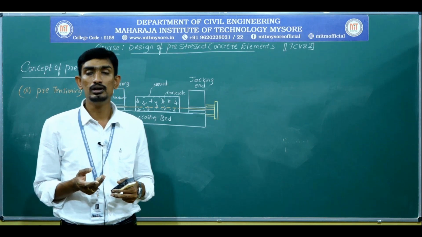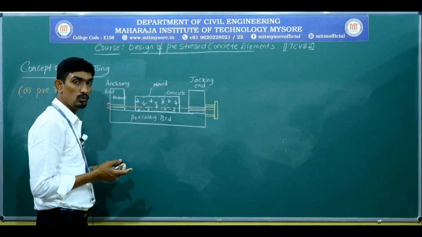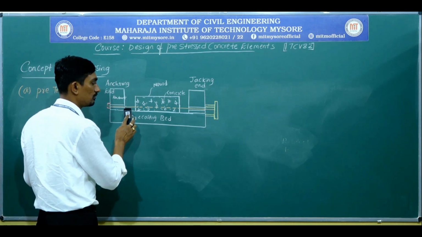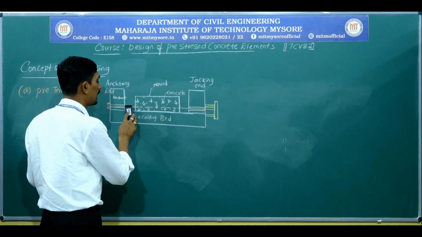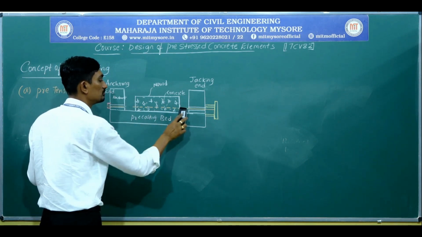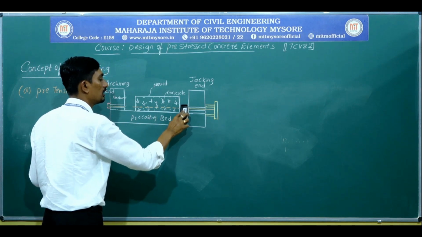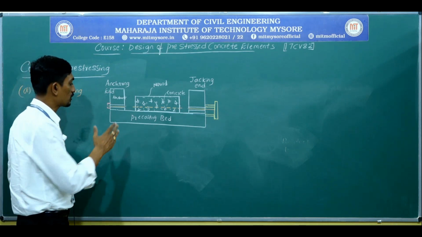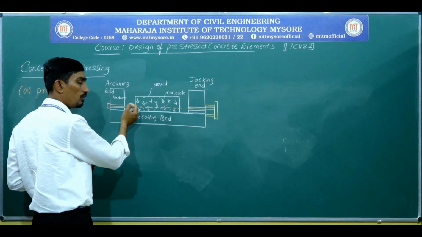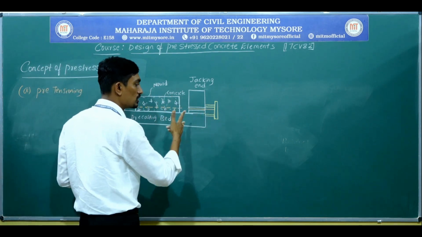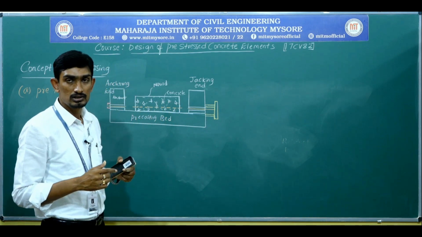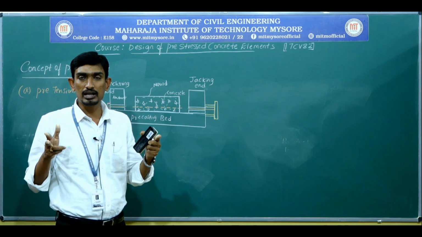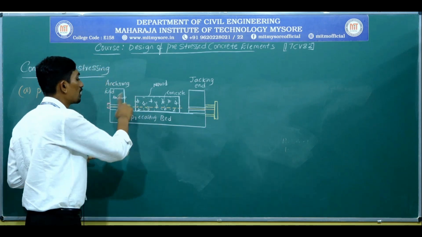After casting, that means after pouring the concrete inside the mold, after 28 days, you just cut this. That means loosen the jack and cut this. Just cut the anchored and the jacking end. Did you get my point? Whatever I have tied to one abutment and to the other abutment has been cut. That's why this reinforcement has been extended further, so we need to make a provision in such a way that we can cut on either end.